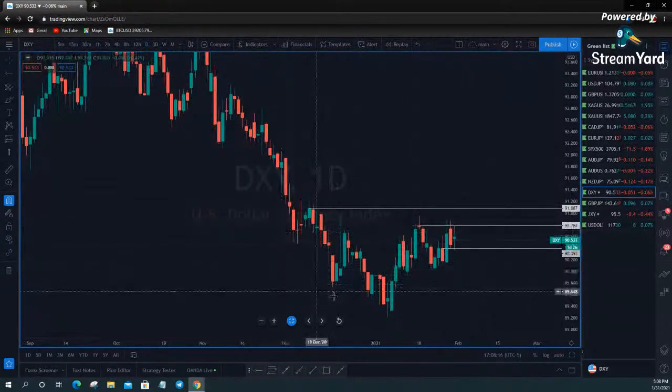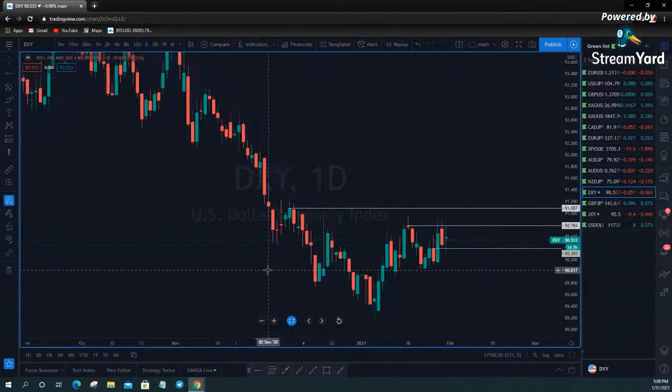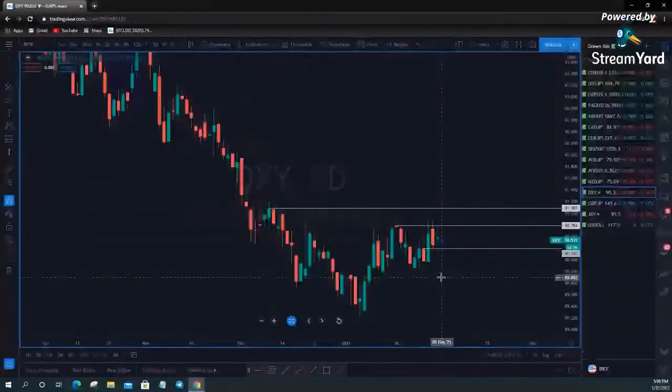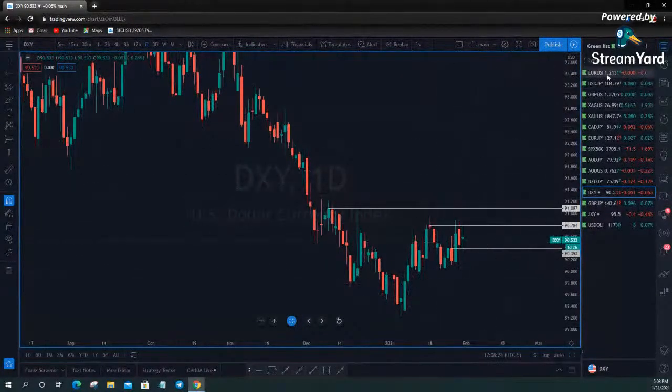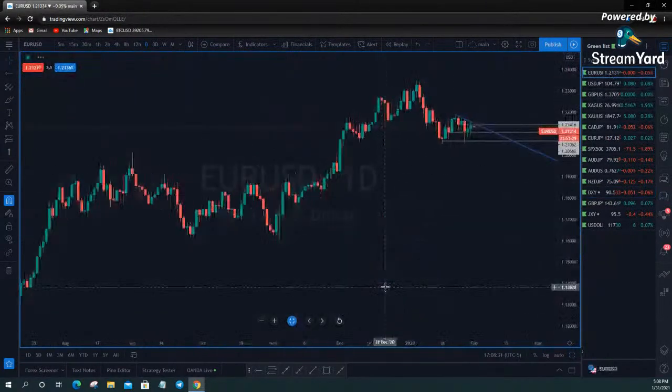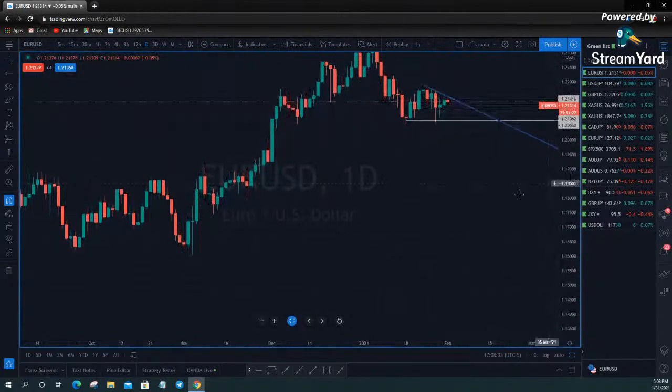I mean, this to pattern traders looks like an inverse head and shoulders. It's not exactly an inverse head and shoulders, but it's possibly good enough. So people are going to possibly be looking for this thing to break the neckline and move higher. And if you get that, obviously, you're going to be looking to short the Euro USD.